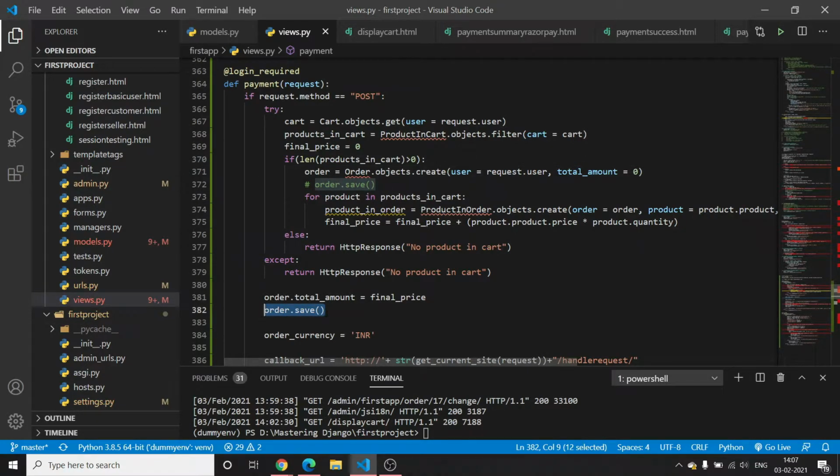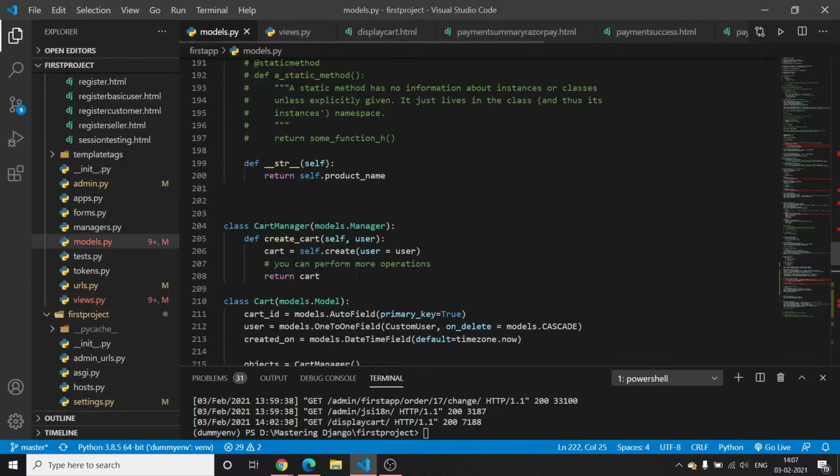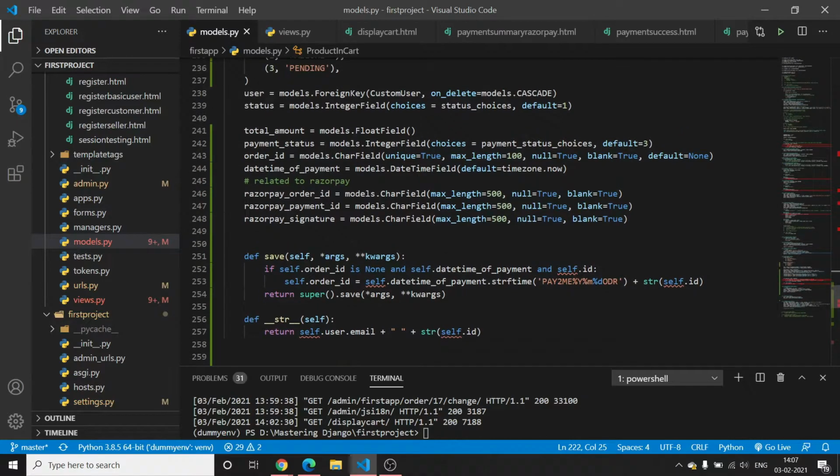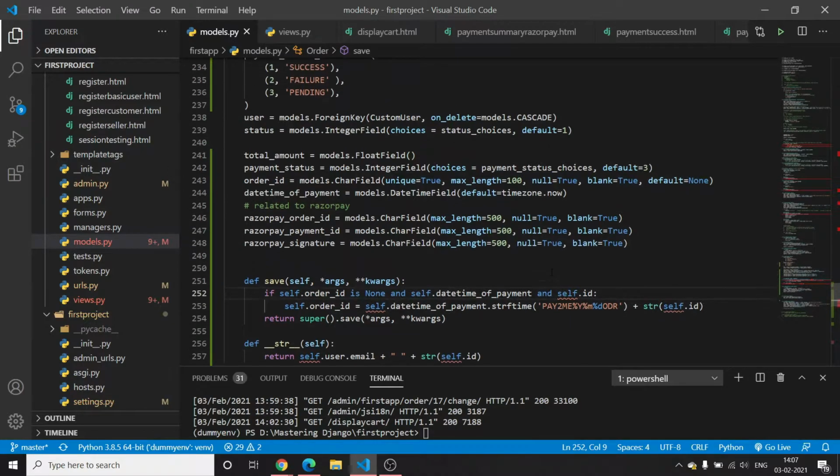And this order.save is very important to call after you have created the order object in this table, because I have done one thing here which you will see here, which is I have configured this def save method, in which if self.order_id is none and self.datetime_of_payment and self.id.